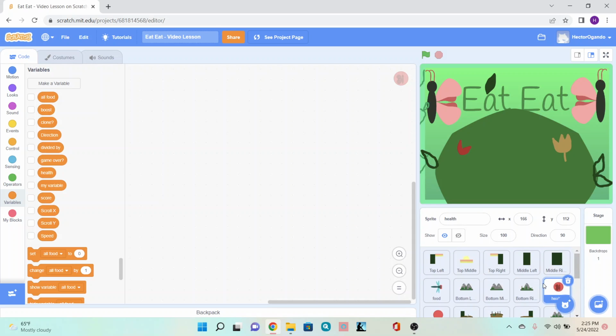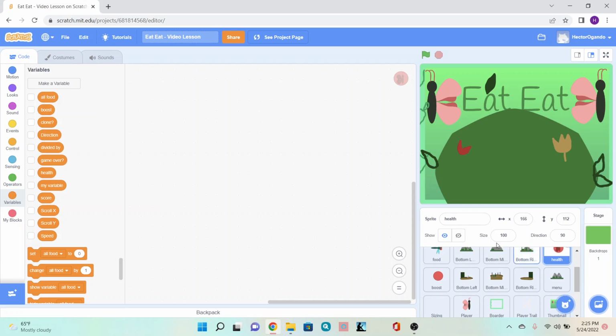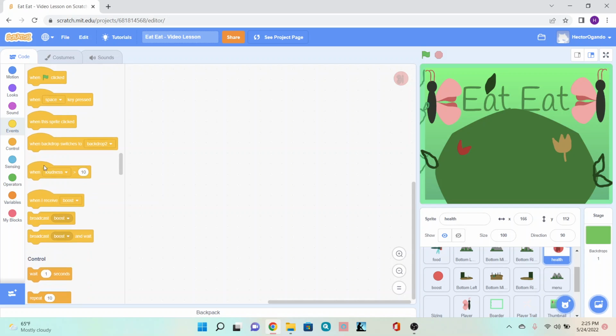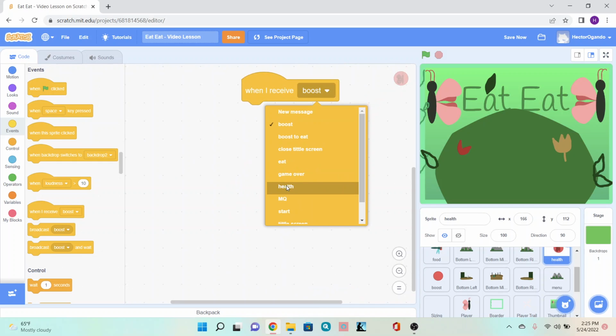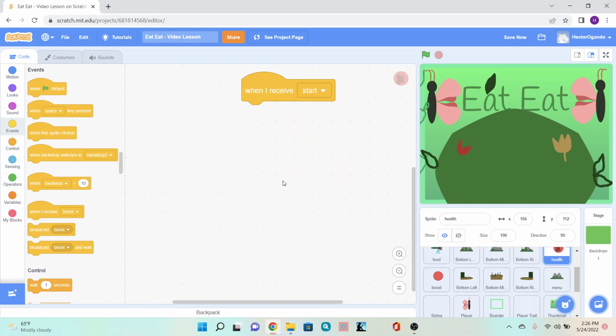Hey guys, so now we're going to go ahead and code our health sprite. To begin, we're going to click on the yellow events tab, and we're going to add a when I receive. We're going to change this to start. So to begin, we want to set a couple of things: the location where we want our health to start, and whether or not we need it cloned